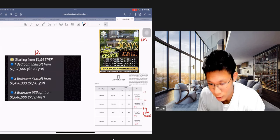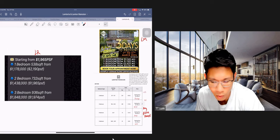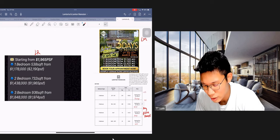terms of PSF. Of course, AC ledge is not the only change. There are other changes like the measurement of the thickness of the wall, that kind of thing. Please go and revisit the other video. But this is quite a chunk,